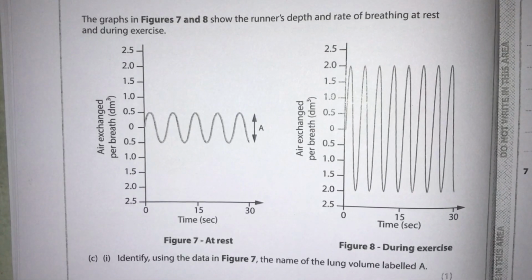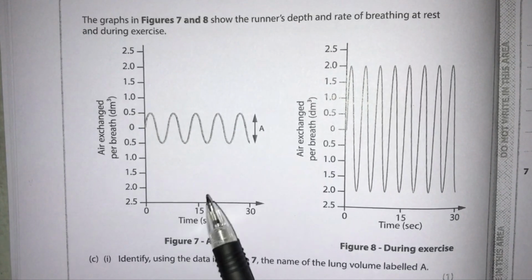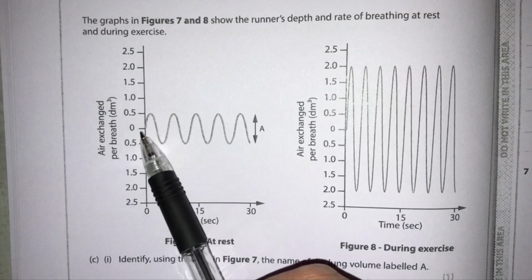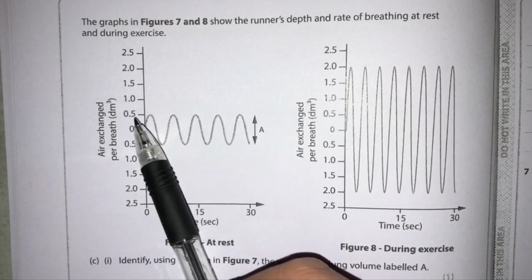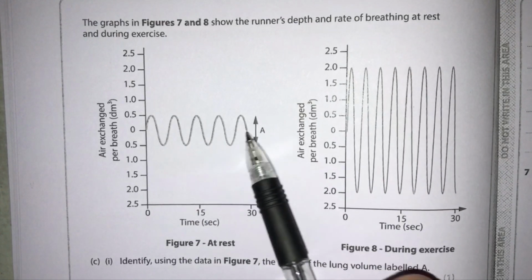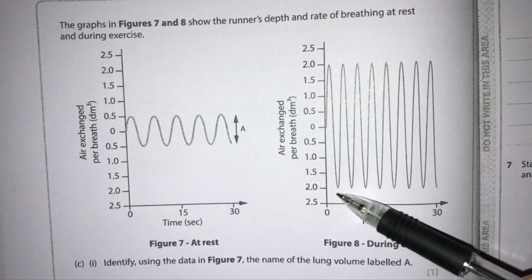Question 6, part C. The graphs in figures 7 and 8 show the runner's depth and rate of breathing at rest and during exercise. So here we have figure 7 showing at rest, and this has got shallow breaths of breathing in and breathing out, in and out here on the graph, and it goes up to 0.5 and down to 0.5, and they are less regular. And then during exercise, taking deeper breaths because it's going all the way up to 2 and down to 2